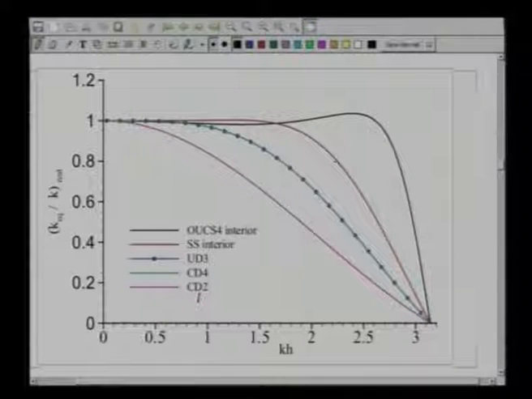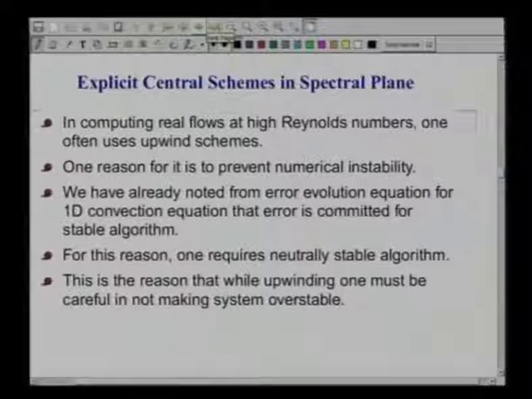I have purposely drawn another line here, which is shown by this black line. This is an implicit scheme that should motivate us to look for them, and as it appears here, this implicit scheme is far more accurate than this explicit scheme. We are going to talk about it as we go along. Okay. So, now if I try to see its usage,